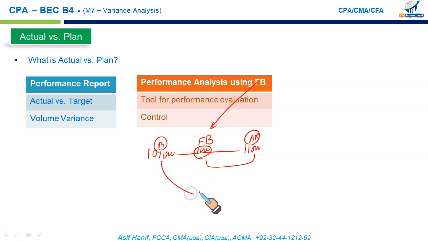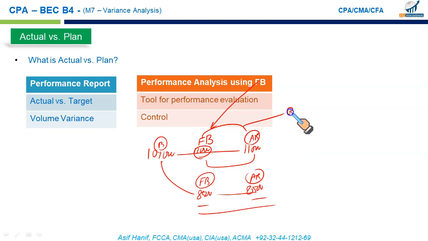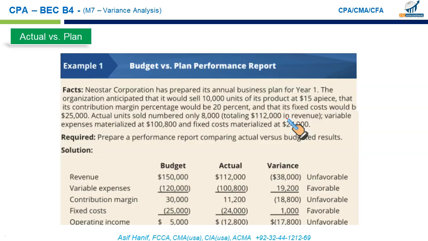It is possible we end up producing 8,500 units. So we will revise our plan for 8,500 units under the flex budget, and we will compare it with our actual numbers of 8,500 units production and sales. So this will be a much more meaningful variance. Comparing your flexible budget with the actual results will give you the flexible budget variance, which is what we are interested in for the purpose of controlling cost and performance evaluation.